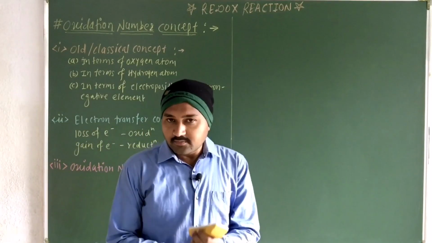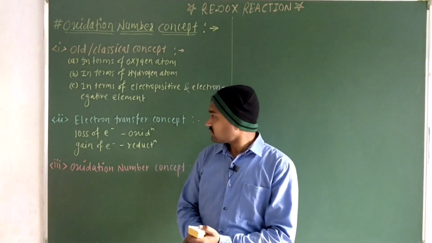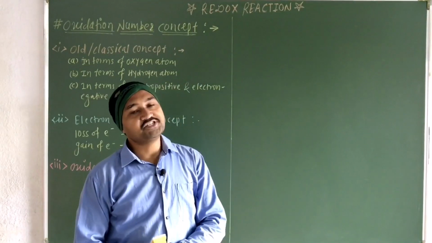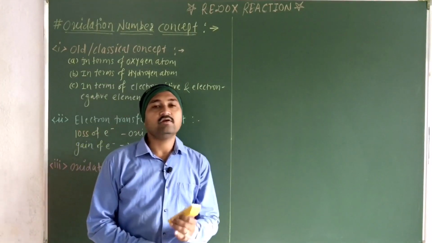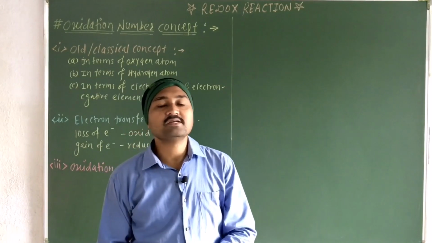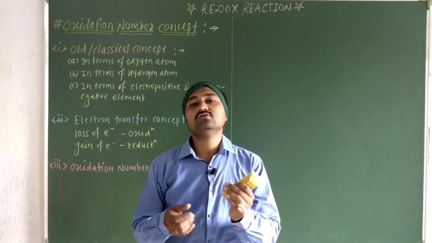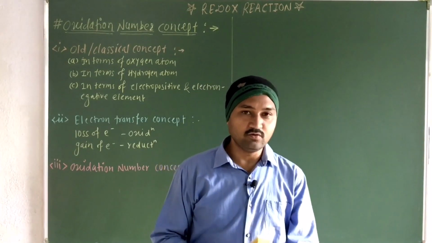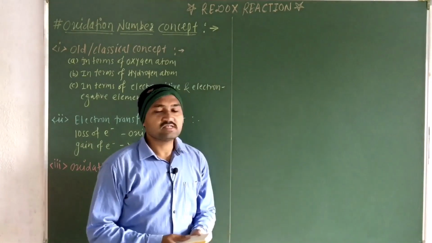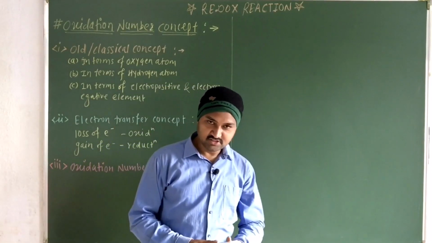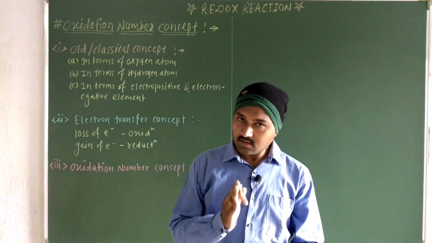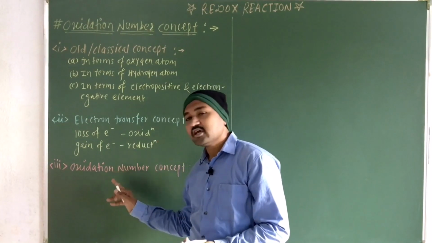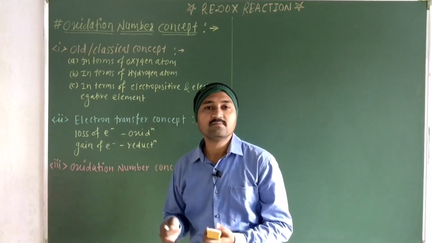So in the previous lecture, no doubt, along with this particular concept, we have studied the oxidation number. There we have defined the oxidation number as an imaginary or hypothetical charge which is due to the transfer of electrons on the atom in a molecule. And then we have assigned the rules for how we can calculate the oxidation number, and the numericals on it. Now today we will define the oxidation and the reduction reaction by using your oxidation number concept.